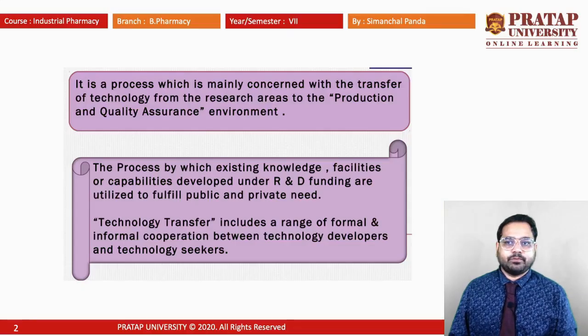Today we will study about the different processes related to transfer of technology. Transfer of technology is a process which is mainly concerned with the transfer of technology from the research area to the production and quality assurance environment. The process by which existing knowledge, facilities or capabilities developed under our research and development fundings are utilized to fulfill public and private need. The technology transfer includes a range of formal and informal cooperation between technology developers and technology